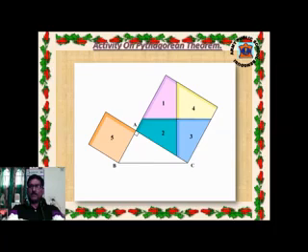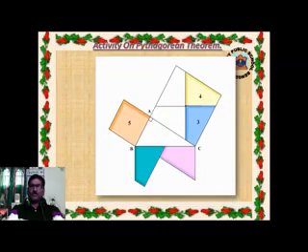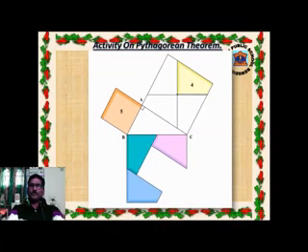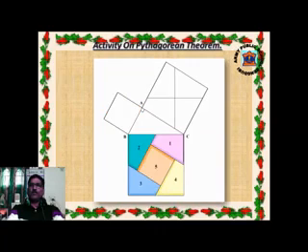Now what to do then? We have to cut with the help of scissors or a paper cutter knife, and one by one we will paste on BC. First one I have cut and pasted. Second one I have pasted. Third one I have joined, and the last one, the fourth, I have joined. Now the fifth one, if we cut it, will exactly fit inside the square made on BC, that is the hypotenuse. Thus the theorem is proved. Are you clear? Have you understood? Shall I repeat?